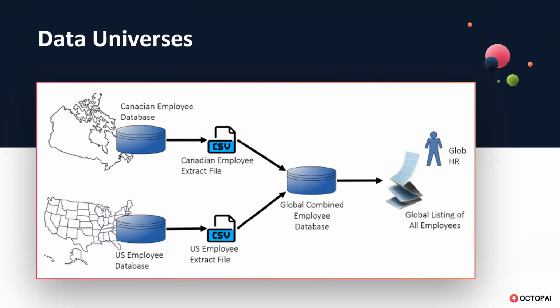So the Canadian employee database only contains Canadian employees, contractors, interns, whatever, directors, members of the board. The US employee database, same thing, but just for the US. And then the global combined database has everything in it. So populations, what the data contains, is never going to be given to you from a definition alone. A definition explains the concept. It doesn't explain the extension, the coverage, the universe, what the populations are.